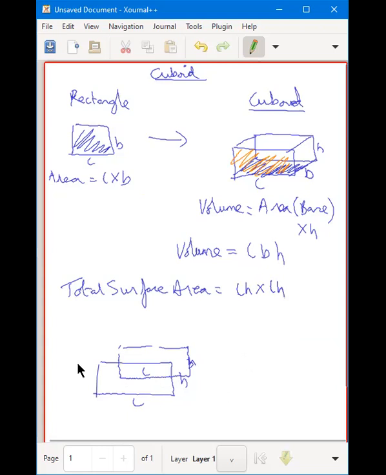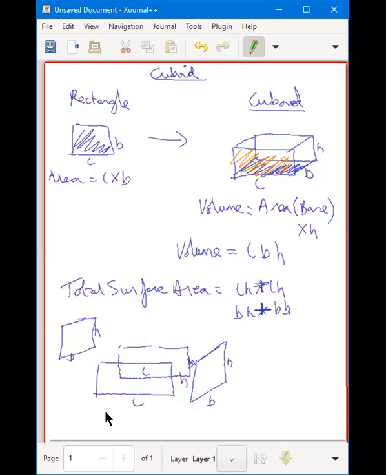Now, if we look at the left-hand side and the right-hand side, we have this figure here, and on this side, we'll have this side over here. So this will become base into height, and again, we'll have a base into height. So we'll have BH plus BH, because there are 2 of them. Are you all understanding this? If anybody has a doubt, let me know. With this, we can easily derive the formula.